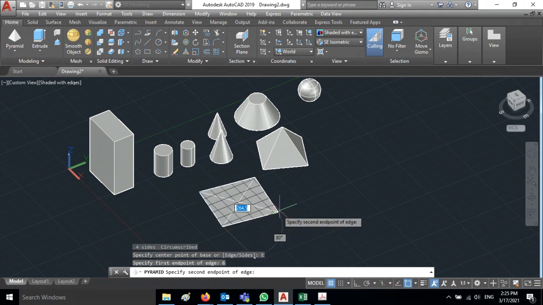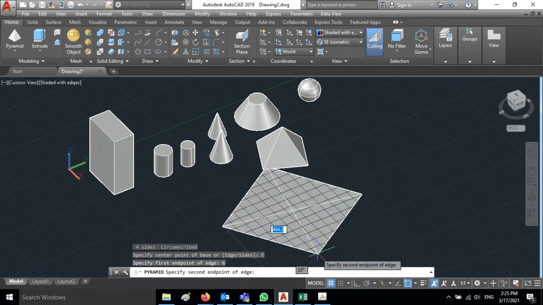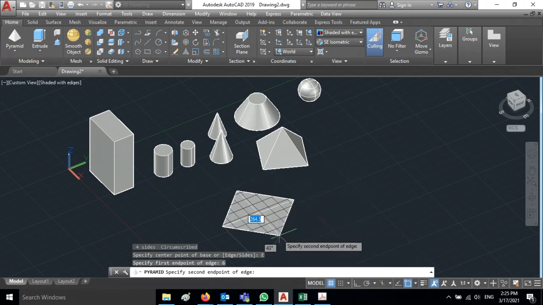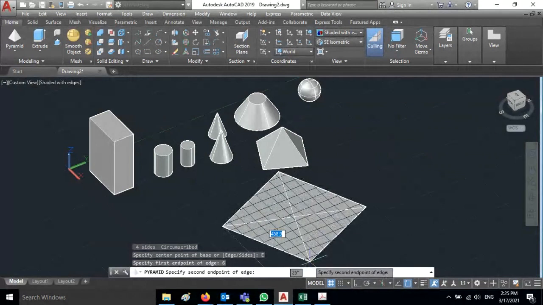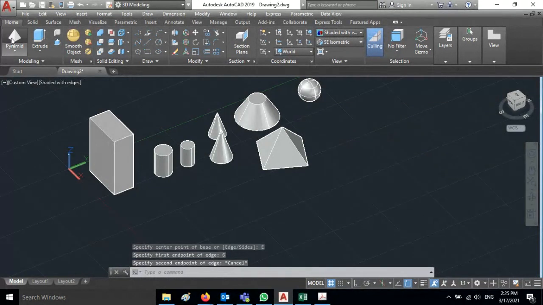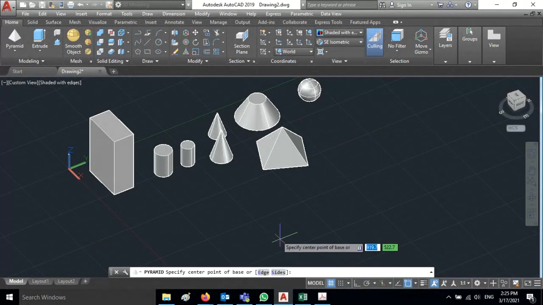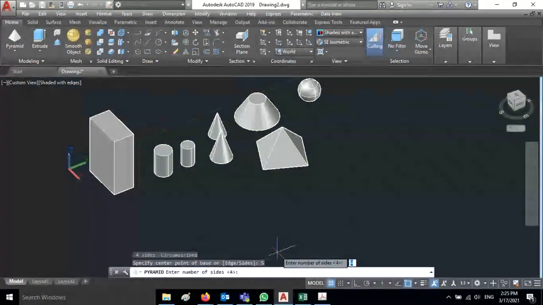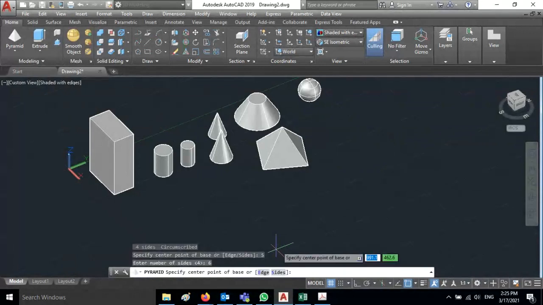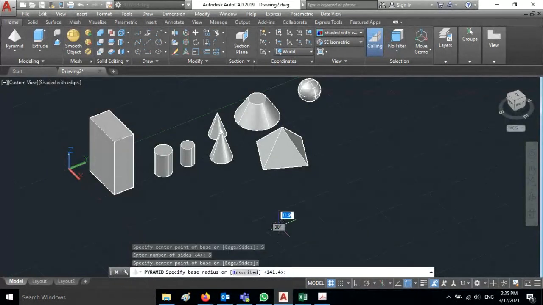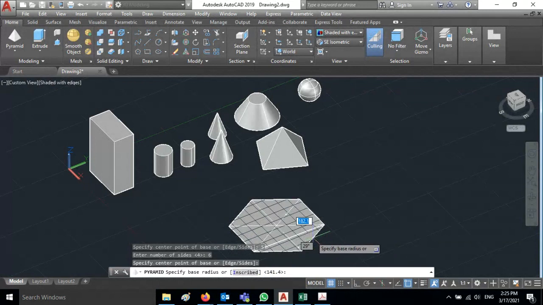I select 6 edge, and it is creating 4. So I'll select again, go to the side. I'm going to give you 6 sides. Okay, now you can see, now we have 6 sides.